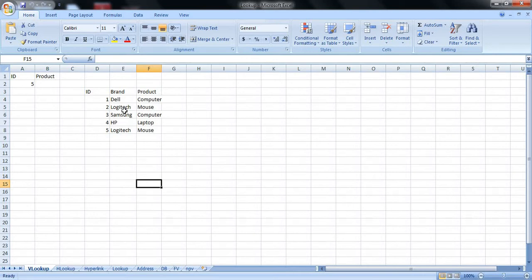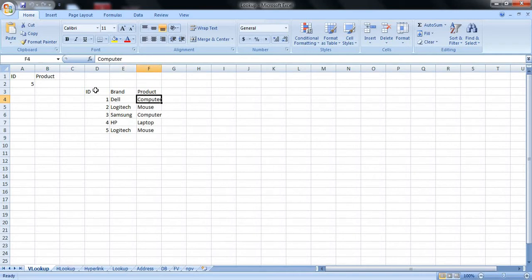Consider this as a warehouse wherein we have different products of different brands, and we have given an ID for each and every brand. For Dell the ID is 1, for Logitech the ID is 2, for Samsung it is 3, for HP it is 4, and for Logitech it is 5. And under these brands we have these products available in our showroom.